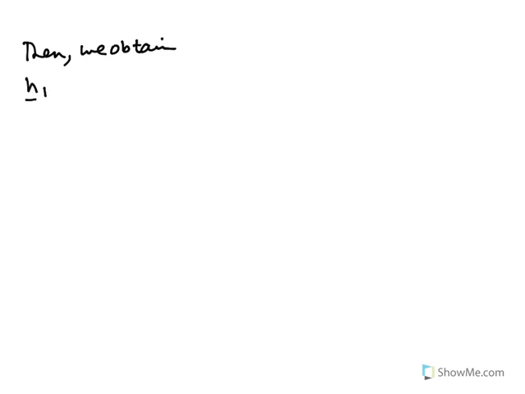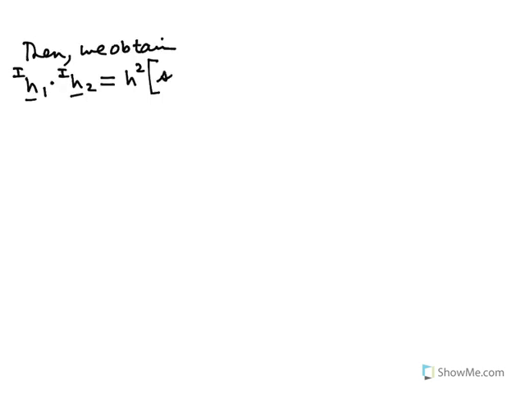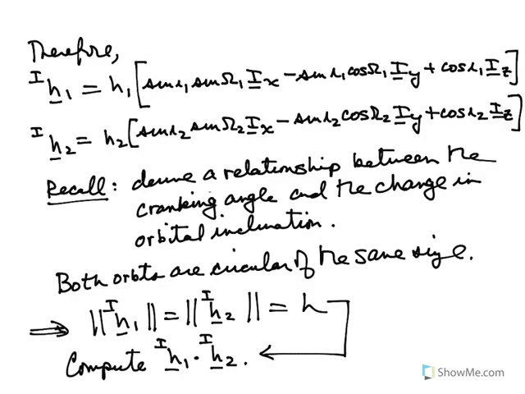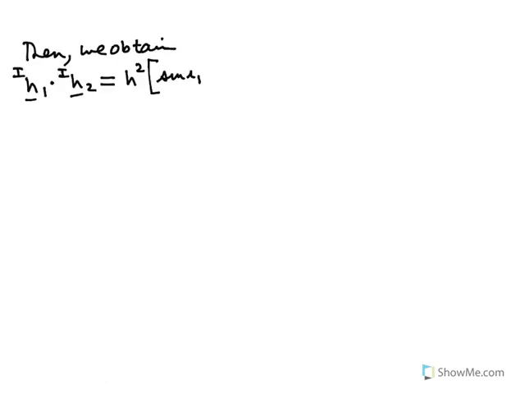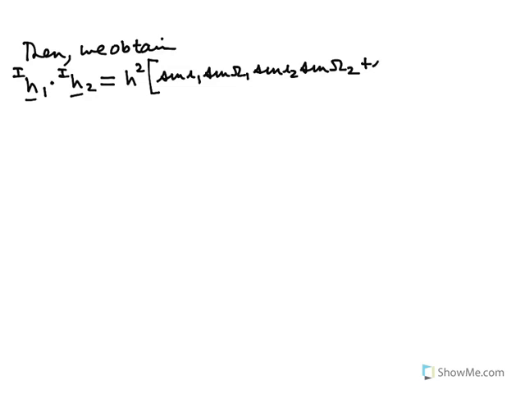That h1i dotted with h2i is equal to h squared, because both magnitudes are h now. And now let's just start multiplying through. We get sine of I1 times sine of omega 1 times sine of I2 times sine of omega 2. That's multiplying those together. And then I get plus sine I1 cosine omega 1